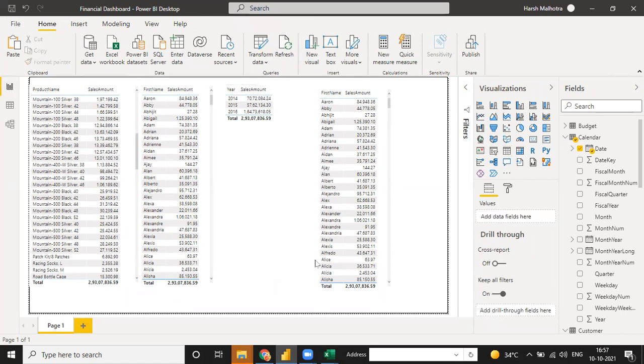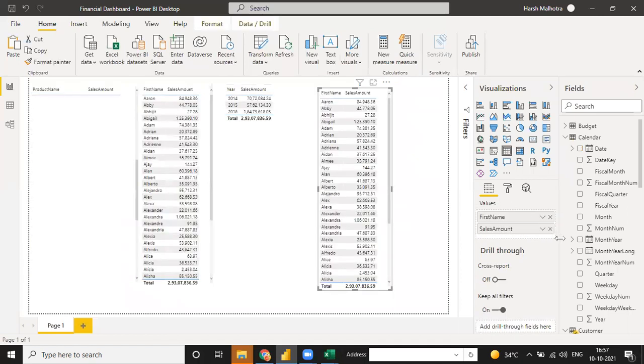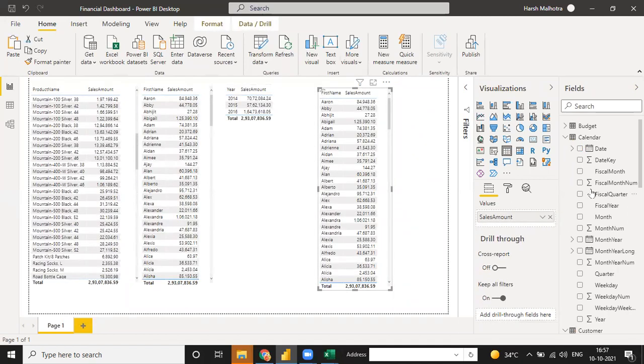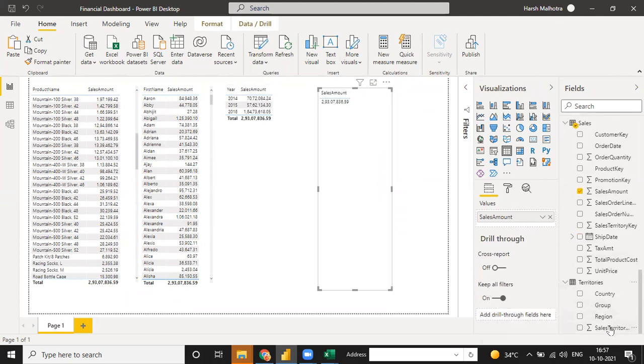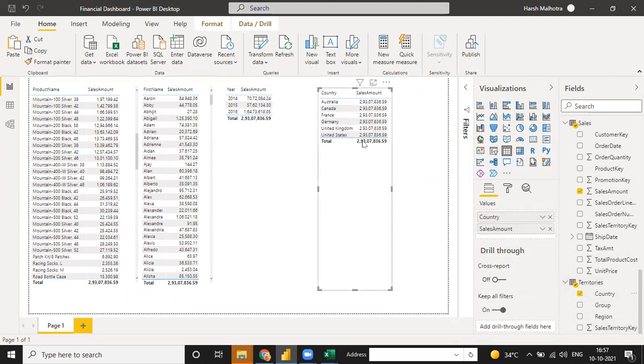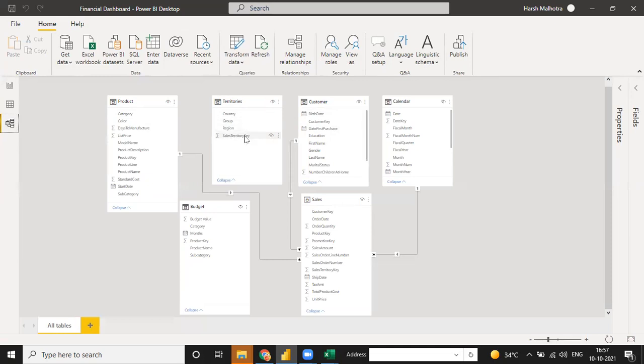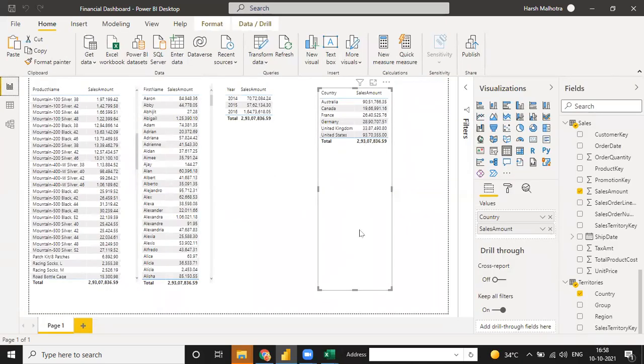Okay, and in the same way, what is the next step? For the next step, instead of first name, I put territory. So sales territory. Right now, if I use country, we have a country and sales value is there, but when you go to the relationship, the sales territory key is not matching with this sales territory key. It is a relationship between sales territory and sales territory, and now the result is okay.